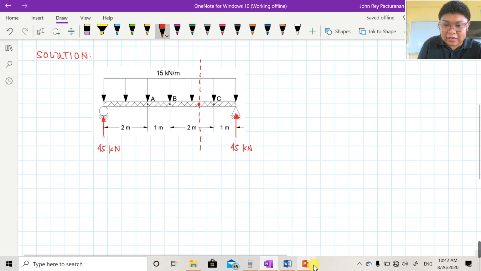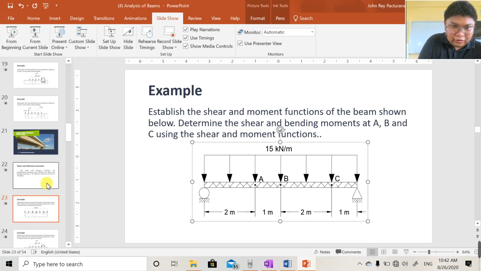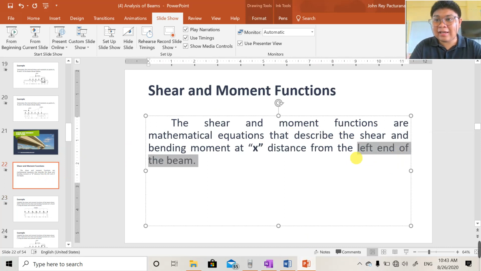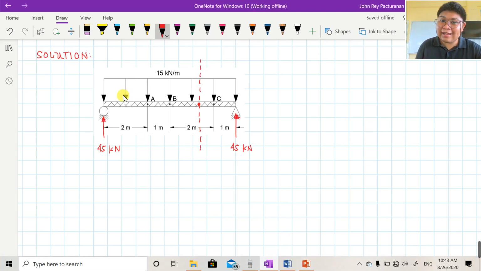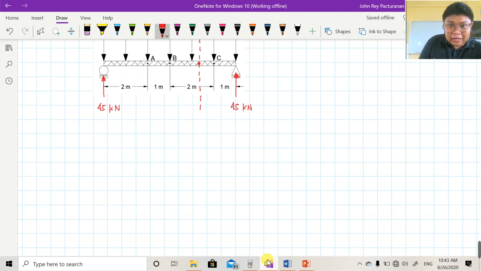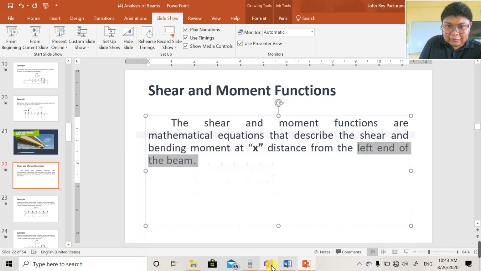So, from the definition class, always choose the left, no? Distance from the left end. So, always choose the left cut. Kahit gaano pa yan kalayo from the left end, dapat ang piliin nyo pa rin class is itong nasa kaliwa. Okay? So, therefore, dahil doon, ang gagawin na lang natin is,